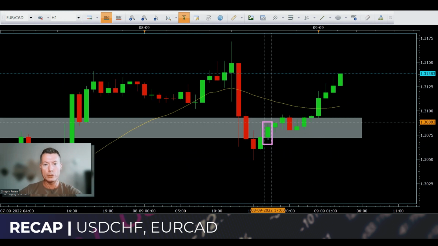We got this bullish H1 candle. I entered on the close of this candle. Obviously, I have to put my stop below the low here, maybe 10 ticks below. And then literally, guys, I've just closed my trade this morning, just before I came on here, guys. Okay, so this was my risk.